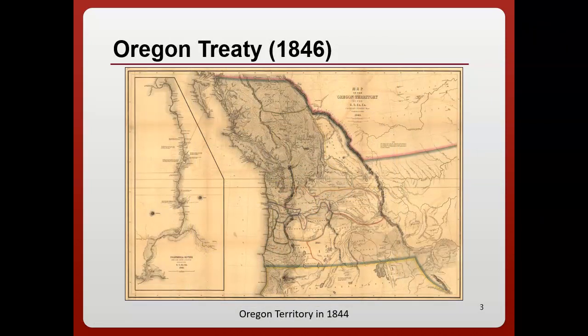Oregon Treaty. The United States gained power over significant territory in the Pacific Northwest as part of the Oregon Treaty with the United Kingdom. In 1818, the U.S. and the U.K. had agreed to establish the U.S.-Canadian border at the 49th parallel from the Great Lakes to the Rocky Mountains. They also agreed to joint occupation of the Oregon Territory. The Oregon Treaty divided the territory, giving the United States control over territory south of the 49th parallel and all the way to the Pacific Ocean.